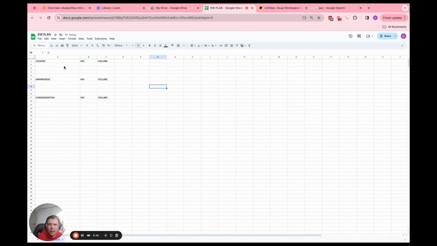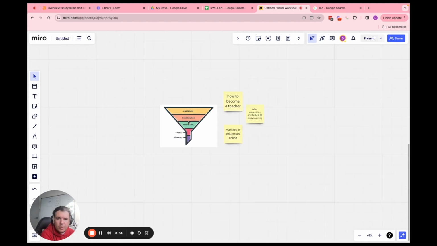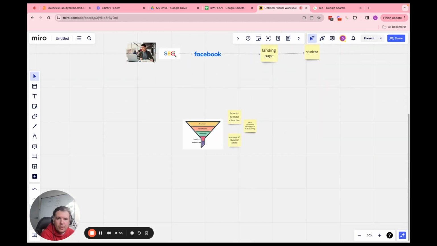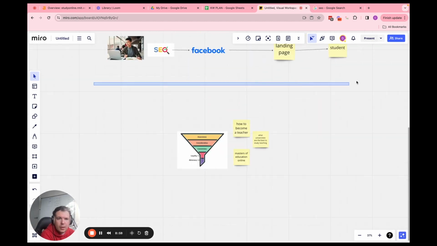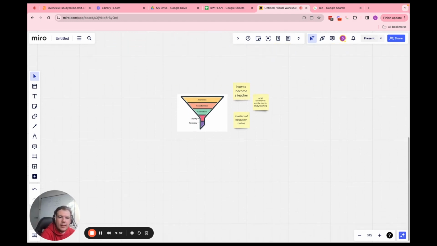So for universities, and it's really important for us to know, there's different touch points on how someone can actually inquire with the university. So they can go straight to the university website. So going back to the Miro board, this is where it gets a bit more complicated, right? Because if this is your student, so I'm going to copy this, bring it down here now that we understand the funnel,